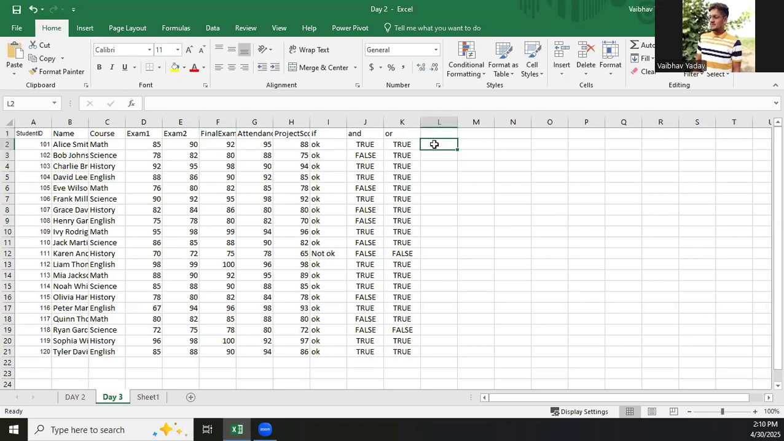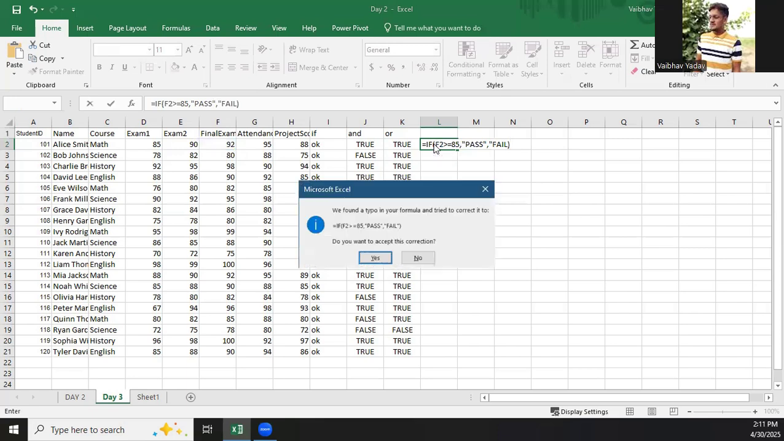Let's say equals IF condition, and I say that F2 should be greater than or equal to 85. Then what should be the logical test? I say that it is pass, or I say it's fail. For fail, I'll put fail. So this is the criteria we are setting up for the final exam marks. And once I enter it,